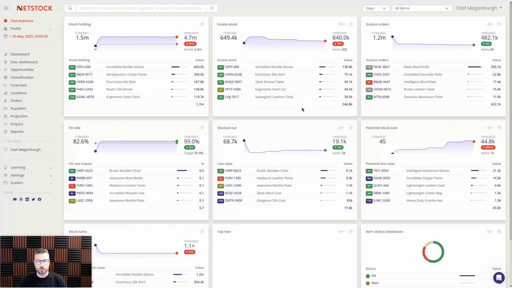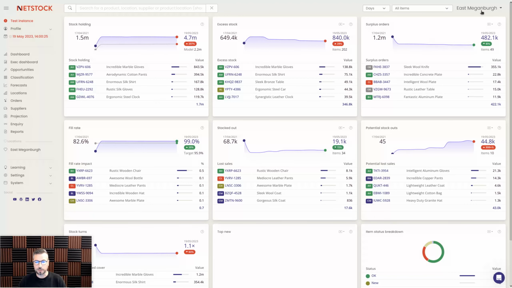The first question you might ask yourself is, well, we already have a perfectly good dashboard in Netstock, why do we need another one? Well, the dashboard in Netstock is very comprehensive and it's used by thousands of users on a daily basis. It's very operational in terms of telling you exactly where all your issues are, how that's improved over time, and where are the items that might be the biggest improvement that you can make in any of those categories. But it's got a few,